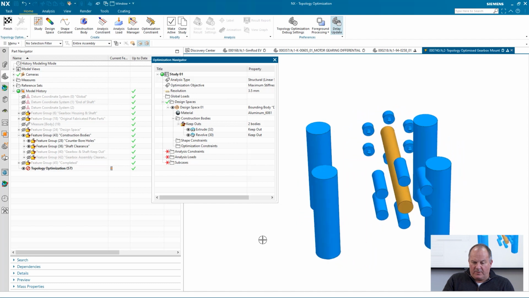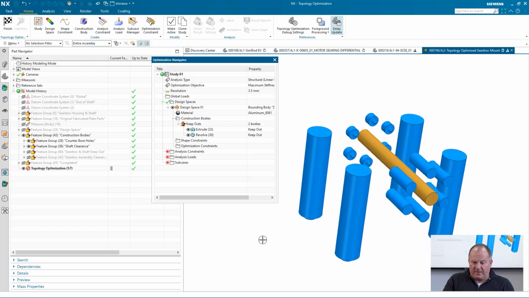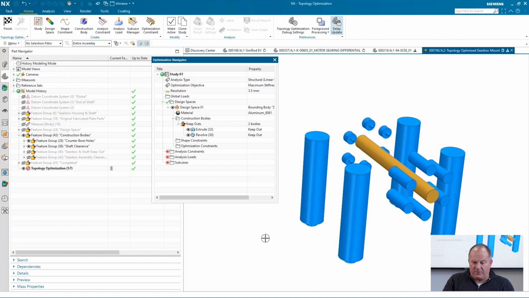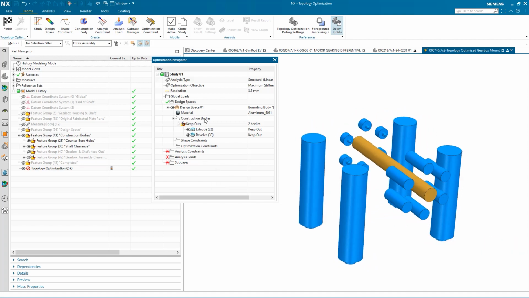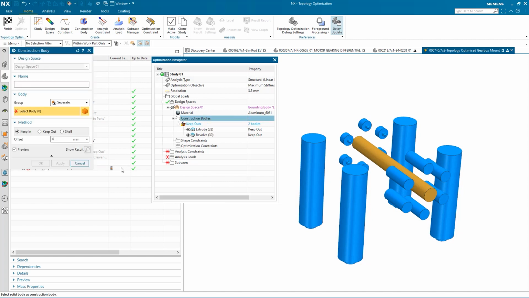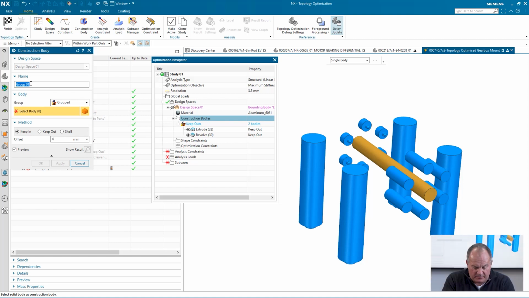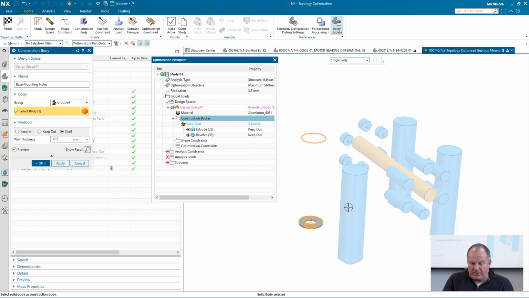And also we need to create some clearance for the shaft so the gearbox can be dropped in to position. So again, let's create some more construction bodies. So again, we'll have another group. This one is going to be the base mounting holes, and I'm going to select these 4 bodies here to define that,